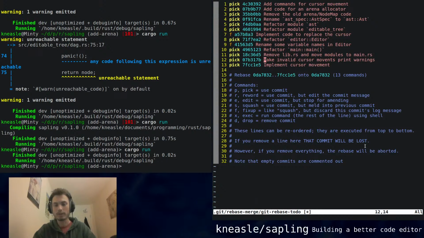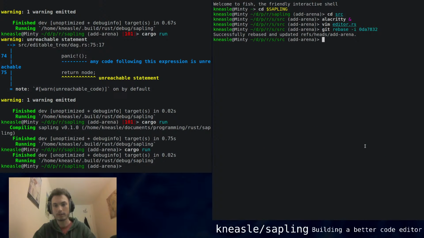Okay, so I'm going to leave these. These are two changes that are not part of the refactoring. They change how the code works. So that, and yeah, this is successfully rebased. And if we look at the history,